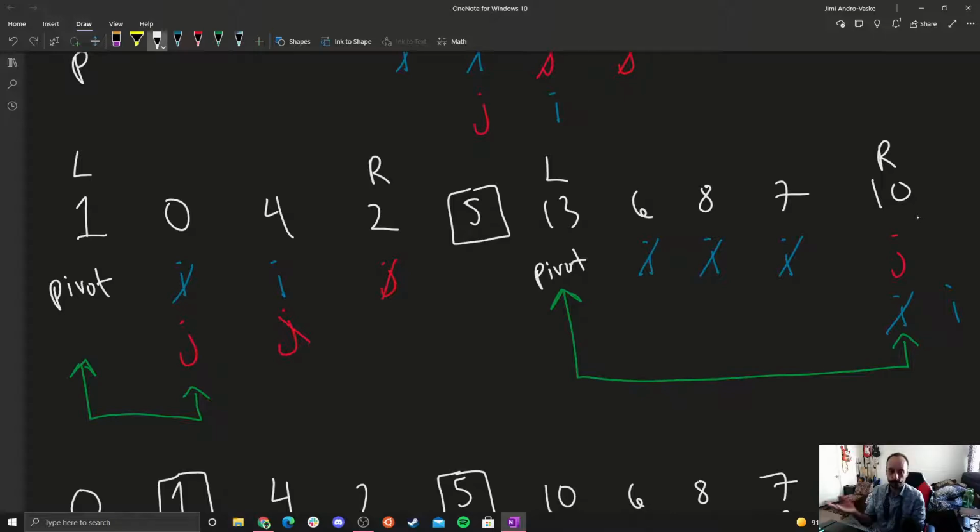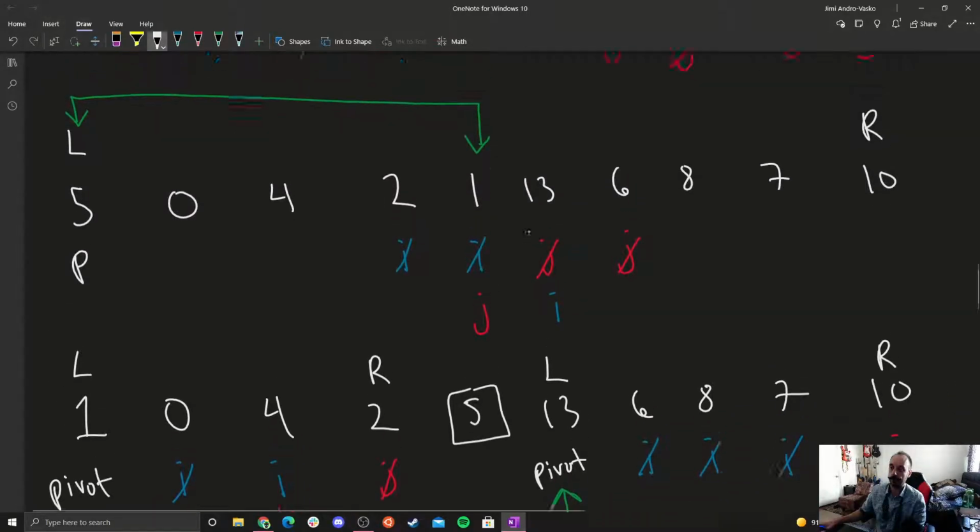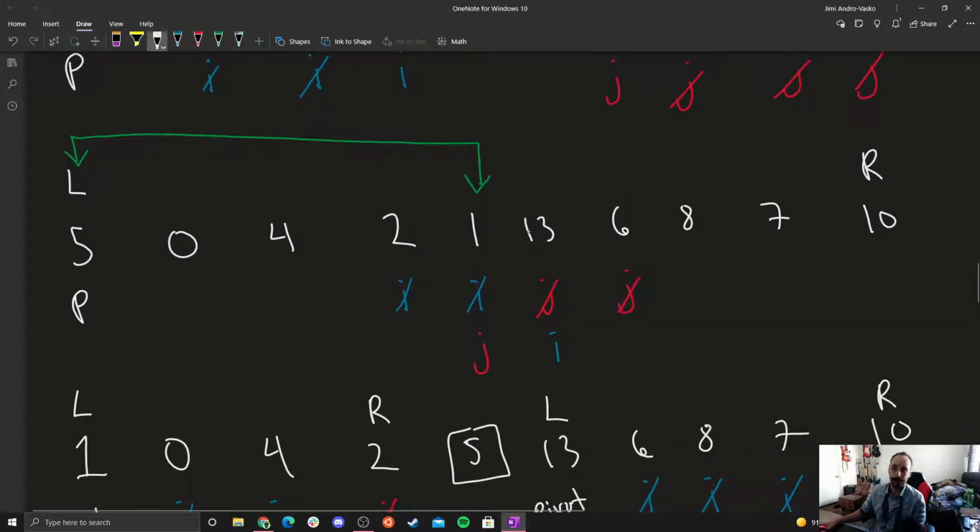n time to partition. Now, if let's say at the very top level, i and j met in the middle, then it would not take n time, but each index i and j moved n over 2 times, both. So in this case, it ran n over 2 steps if it met in the middle somewhere, which is still linear. So no matter what pivot we choose, it will take asymptotically linear time to have i and j cross,